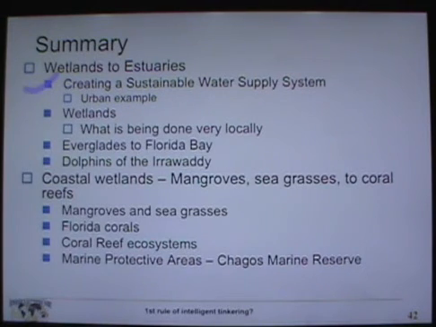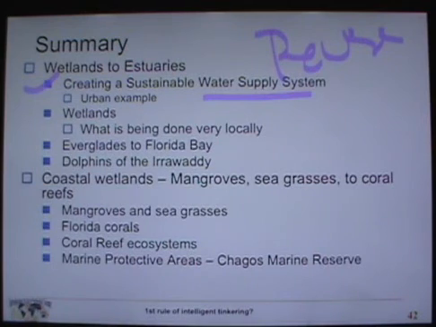Talked about creating sustainable water supply systems. Reuse. Tremendously important in urban areas in Florida. Reducing our dependence upon that groundwater. Very important and used extensively. There are some problems. You can't just go willy-nilly and do what you want to do. Oh, it's a panacea. No, you can still put too many nutrients in surface waters. So wetlands and Fish-Eating Creek,